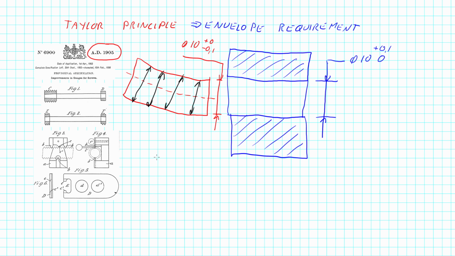And so what it says is that if we have the shaft here, and it has its form errors, then to be accepted according to the Taylor principle, it had to fit into a perfect counterpart like this